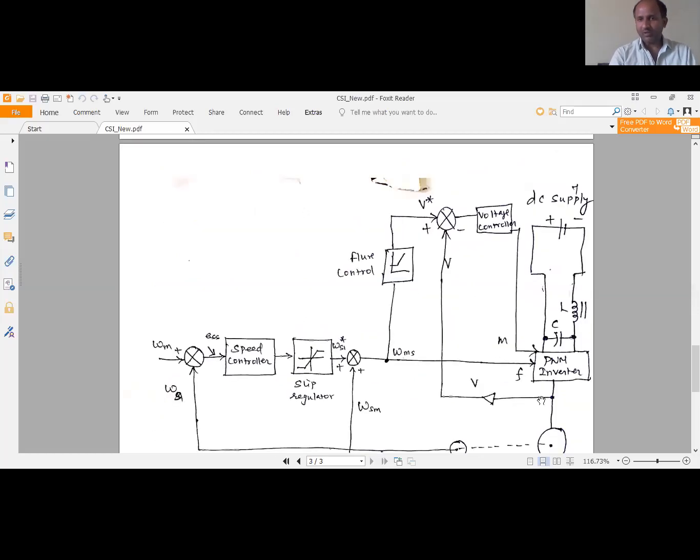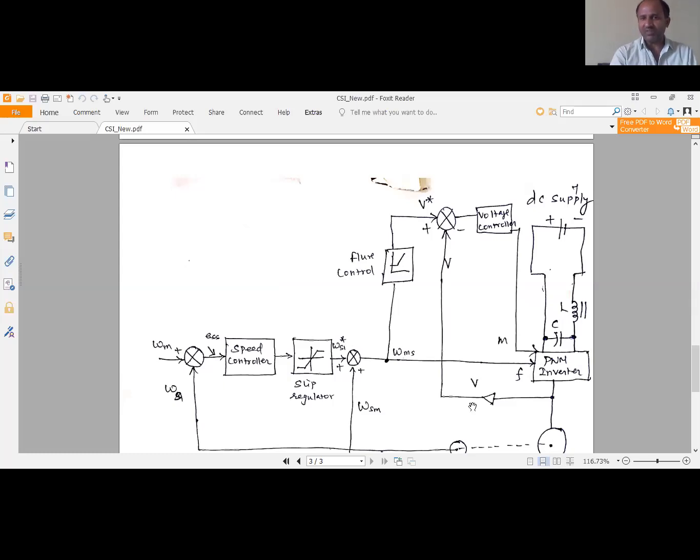The output of the PWM inverter is again given to the voltage controller, and V star is the reference voltage. The output of the error detector is given to the voltage controller, and the output of the voltage controller is fed to the PWM inverter.